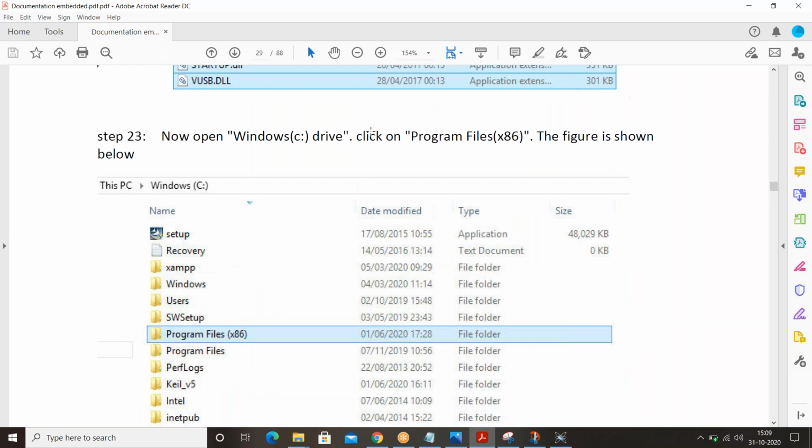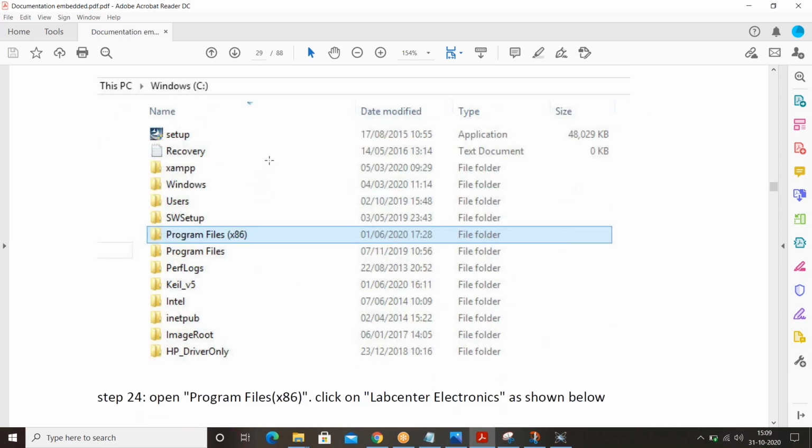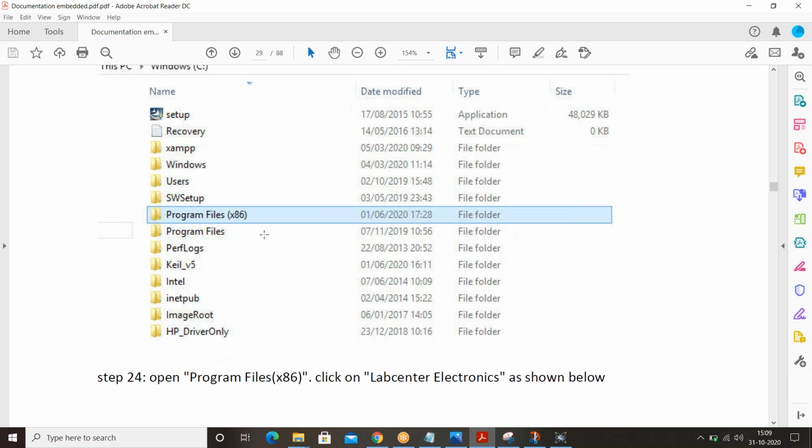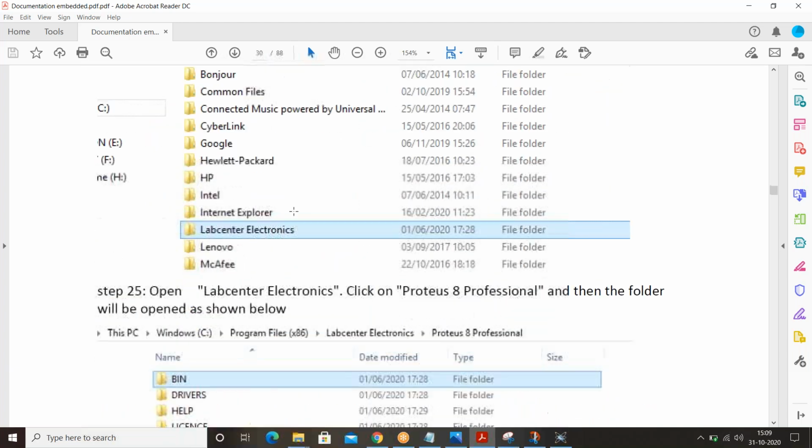After copying these files, open your Windows C. In this Windows C, you'll see Program Files x86. Open it. There you'll get Lab Center Electronics.